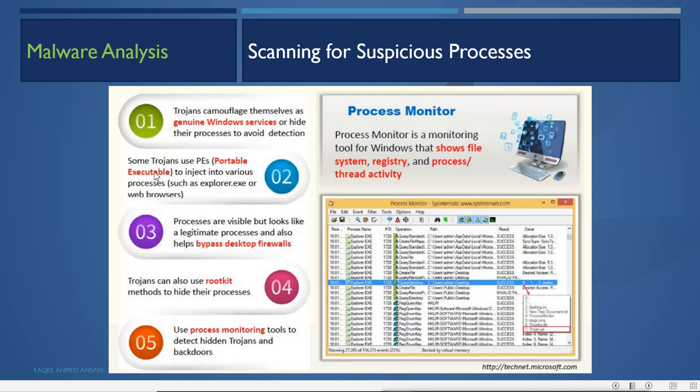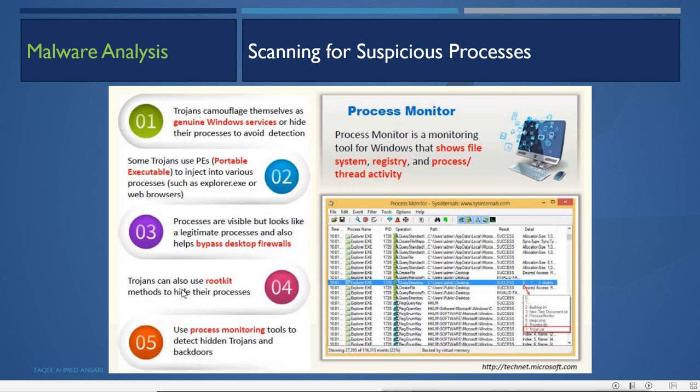Some Trojans use PEs, portable executables, to inject into processes such as explorer.exe or web browsers, and the processes are visible but look like legitimate processes, which also helps bypass the desktop firewall. So when you check the process, it will look legitimate, but it is not the legitimate process.